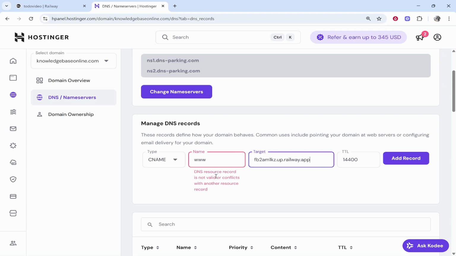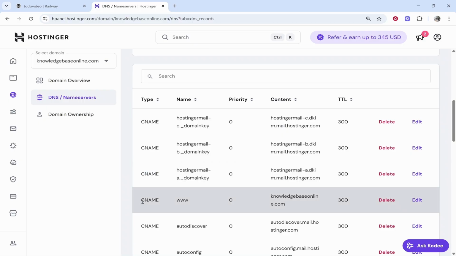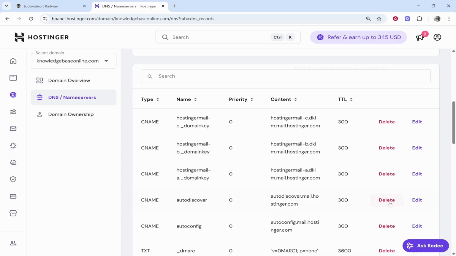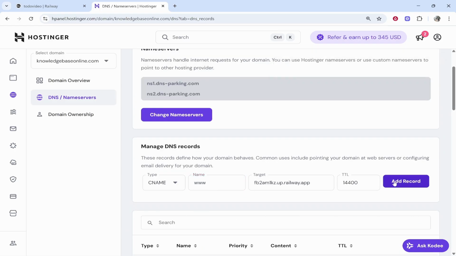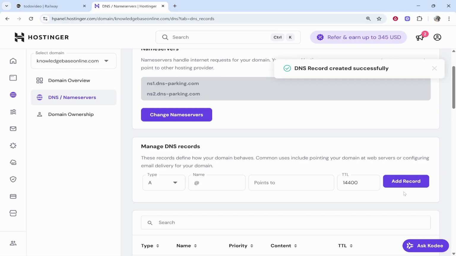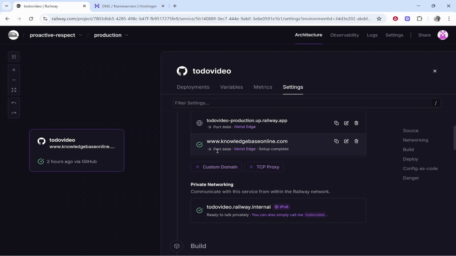It's telling me now that it conflicts with another record. So what we'll do is we'll scroll down to CNAME, www, and we're going to go ahead and delete this one. So now we've got this deleted. If we click on the name and back off it, the error message goes. We can then click add record. Okay, so now we've done that, we can dismiss this, and because I already added the domain, it's gone green